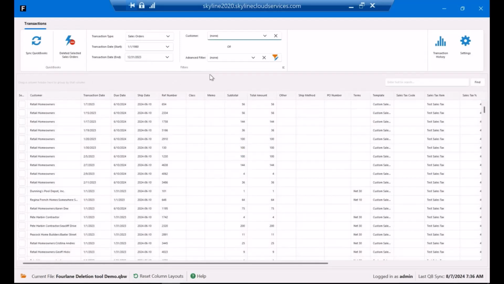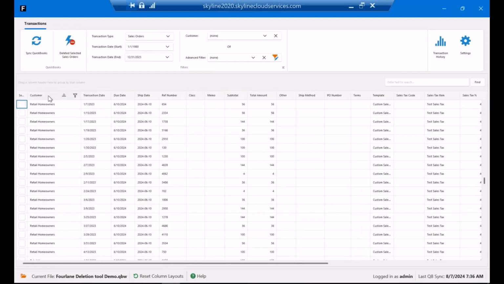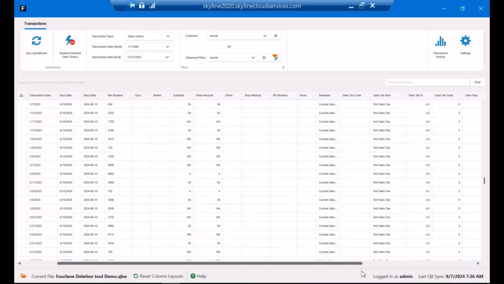So we can see all of the transactions that we have, and you can sort by these column headers as well. If you just click on them, we can see what our transaction date is, our due date, our reference number, so the number of that PO, or I'm sorry, SO in this case in QuickBooks. If there's a class memo, it gives us a subtotal, total amount, some other fields that are present on that sales order as well, even what template we're using,